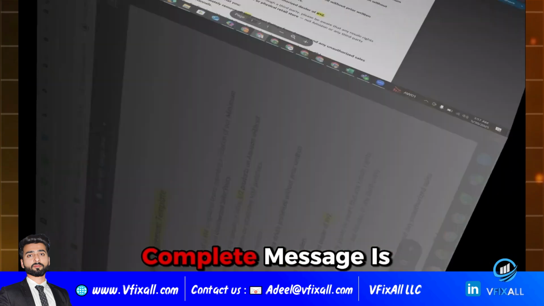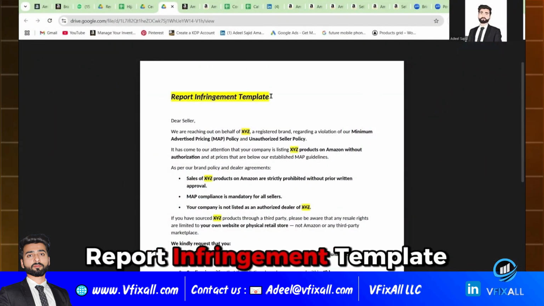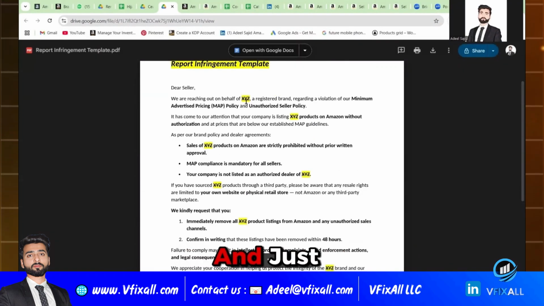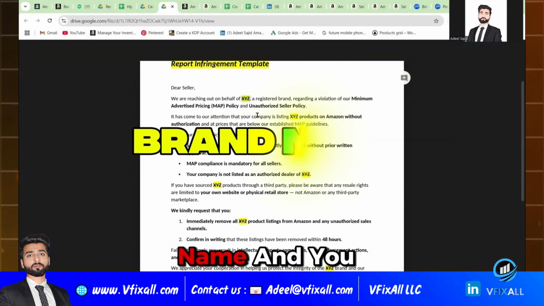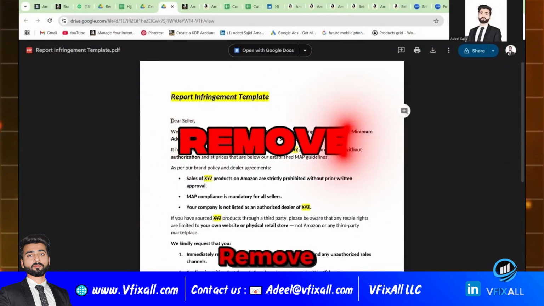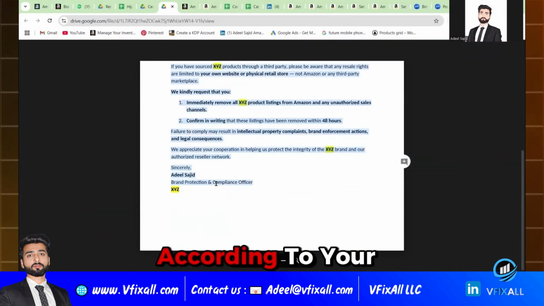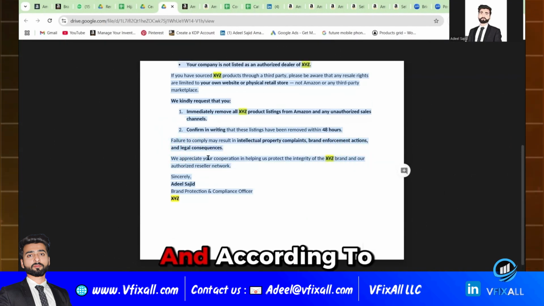The template for the complete message is given here and I will attach this in the description. Report infringement template. You can copy it, and you just need to change your brand name and you are done. Copy it, send it to them, and ask them to please remove the offers. Obviously, you have to read it and rearrange it according to your brand and